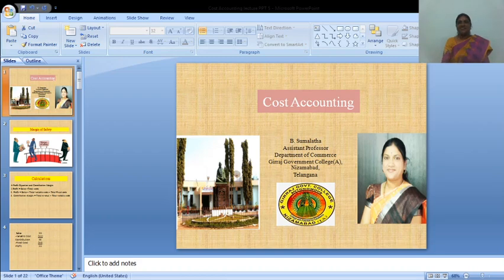Namaste. In our last two sessions, we were discussing CVP or break-even point analysis. I hope you have now understood the basic concepts relating to variable cost, fixed cost, then the contribution margin, and then the calculation of break-even point. We will now have a look at what the PV ratio is, because it is a very important calculation for any business, for any product or for any particular plan.